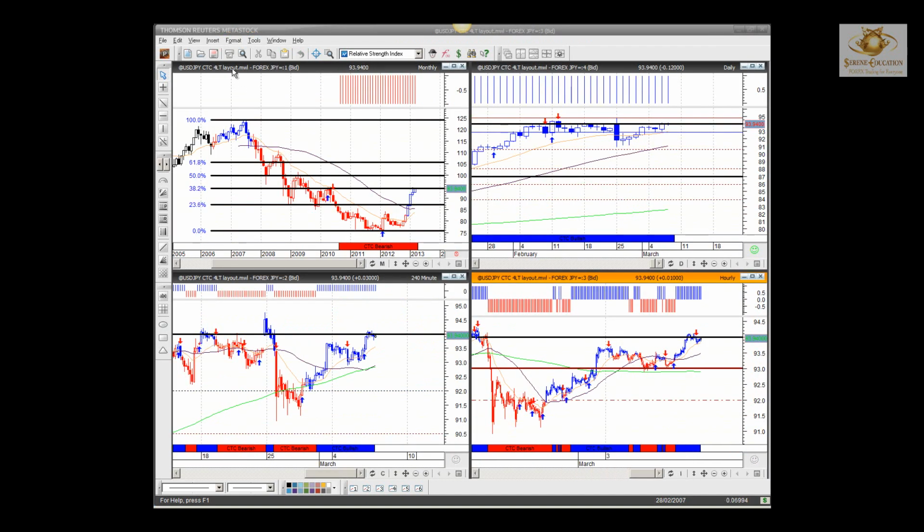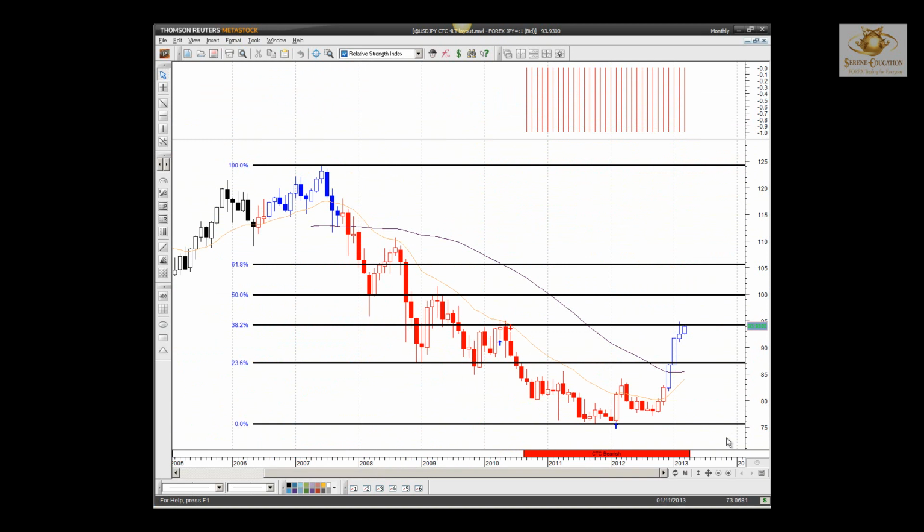Last pair of the day is the US dollar Japanese yen. Let's have a look at this particular pair. Looking at a monthly chart, the reason why is so I can see the long-term support and resistance levels. I want you guys to see this. It's imperative to see where price is trading on these longer terms, just to see where market sentiment will lie intraday, going into our smaller time frames.